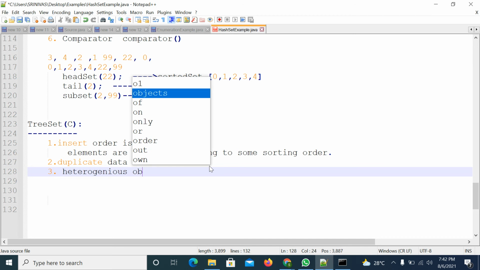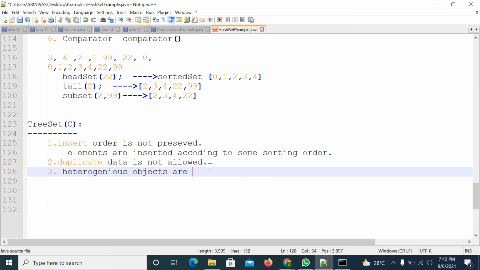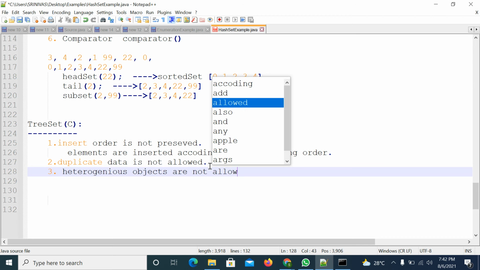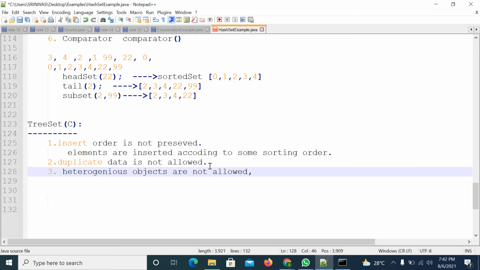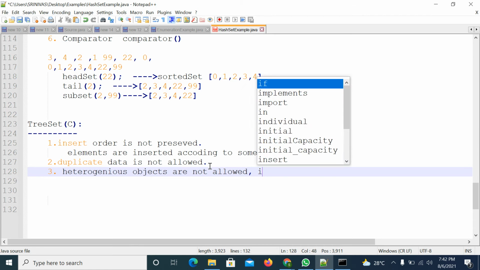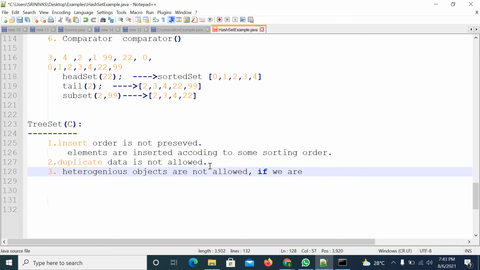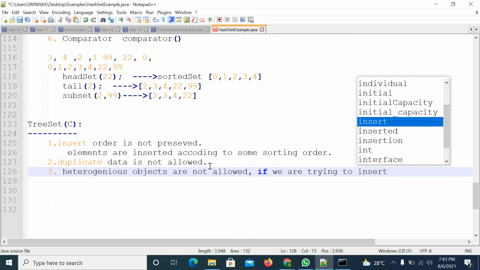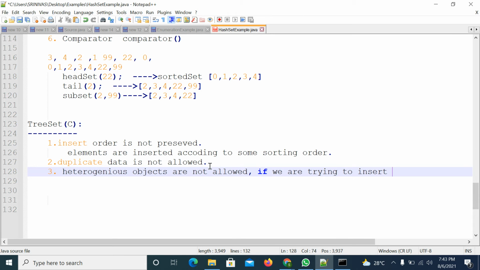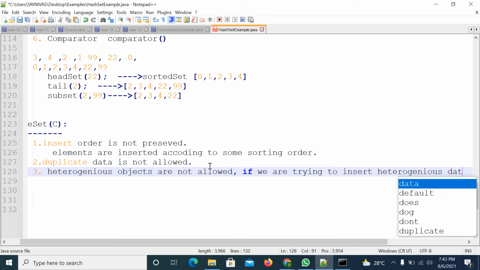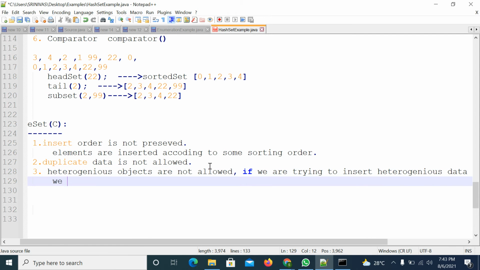Heterogeneous objects are not allowed. If you try to insert them, what will happen? You will get a runtime error. The runtime error is ClassCastException.